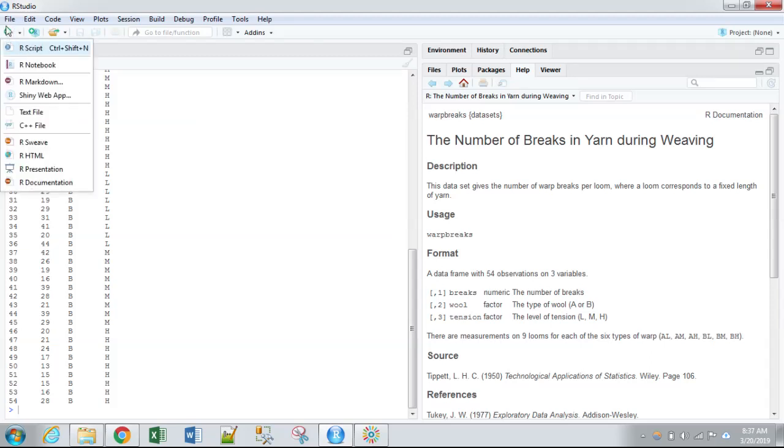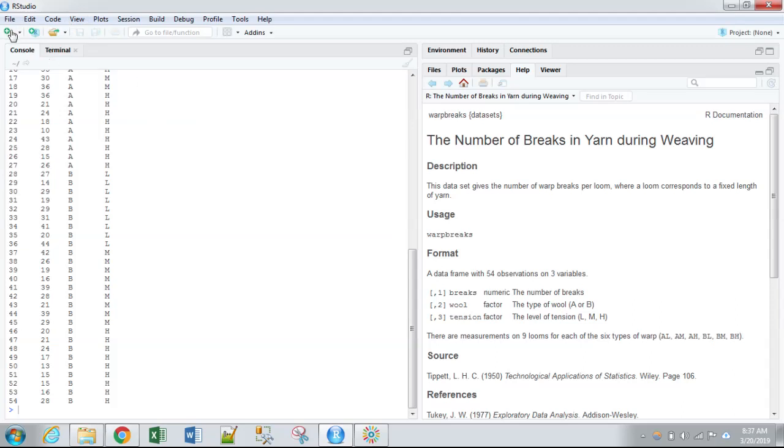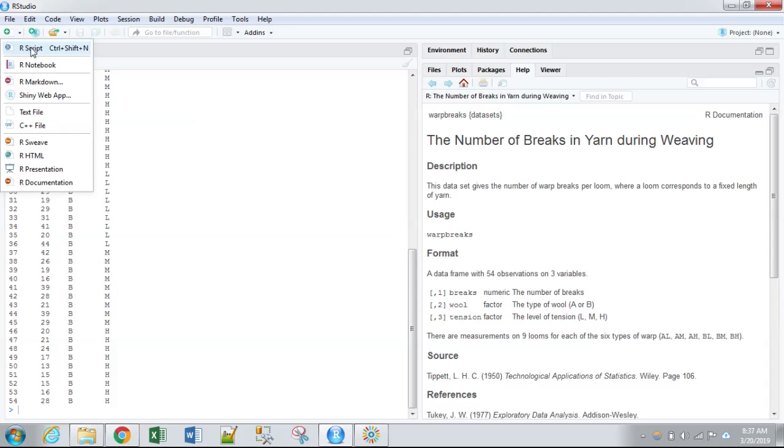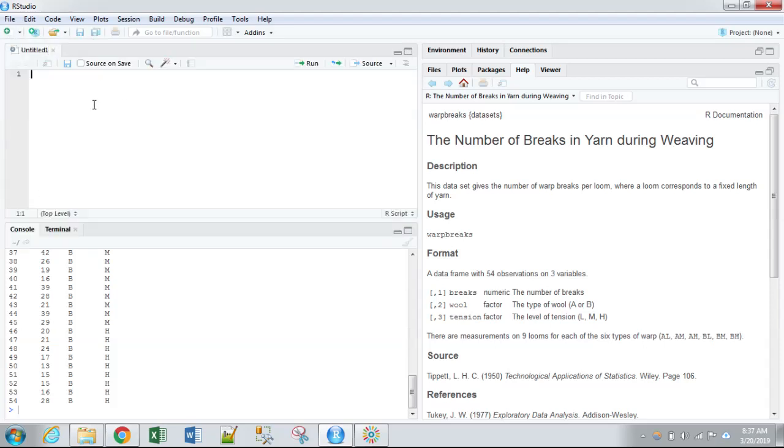SAS. So I'm just going to create an R script, which if you go up to this little plus icon, the R script is basically a kind of a text editor where you put your code, and then you can also save your script for future use. So the function that we'll actually be using,